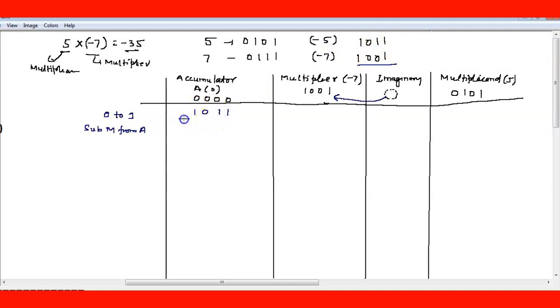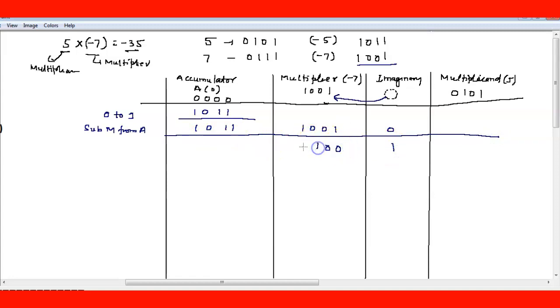1011. So we add it here and we get 1011, and the rest stays as it is, but we have to do the right shift. So after the right shift this one comes here, 0 0 1 0 0 1, and this is 1, and this is left here 1 0 1, and the last bit will be whatever the previous MSB is. The MSB is written as it is, this value is 1, so here also it will be 1. So step 1 is over.